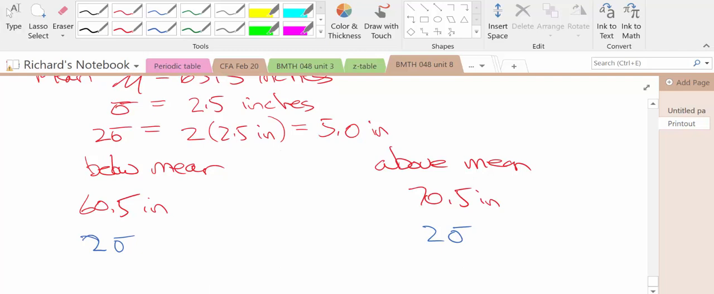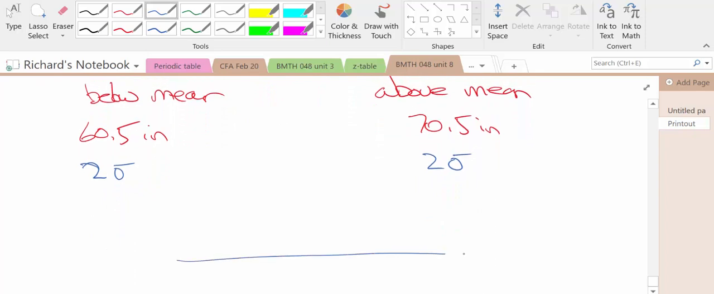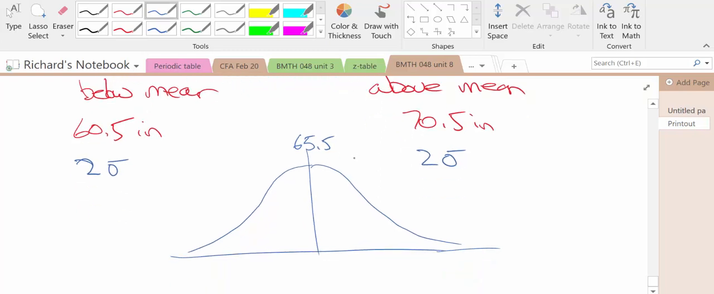Now I'm going to try to sketch this graph. So to sketch it, I'm just going to do it freehand. And here's the mean, and the mean value is 65.5. So one standard deviation, here's an inflection point. That's plus 1, that's minus 1, and then plus 2, and minus 2 would be there. So if I was to sketch this in,